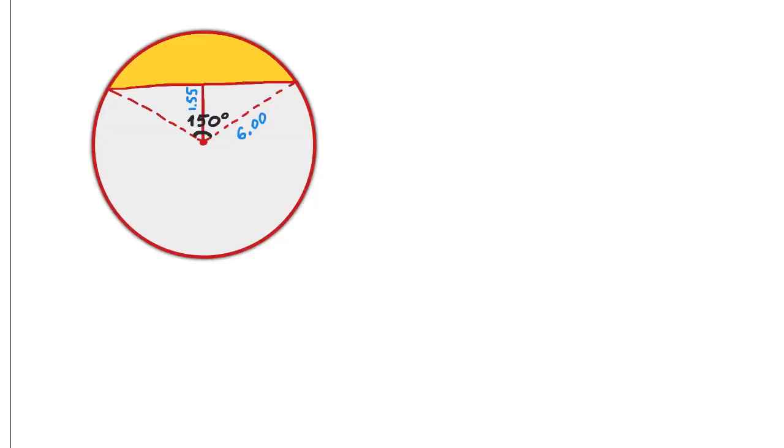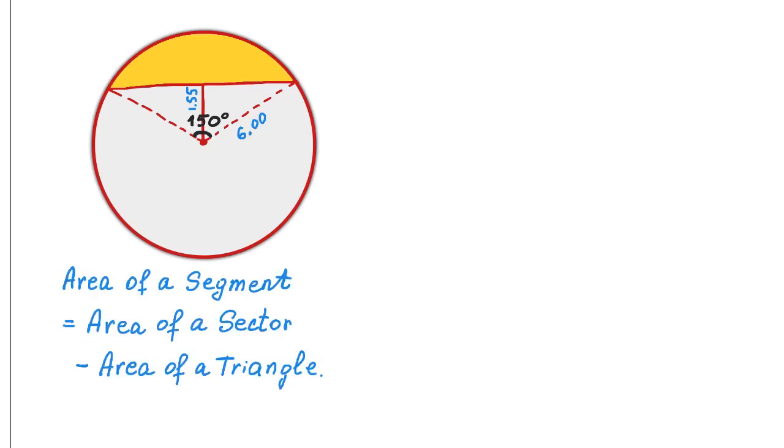In this problem, we will find the area of a segment. And a segment is the region between the chord and the arc. Recall that the area of a segment equals the area of a sector minus the area of the triangle. First, let's find the area of the sector, then we will find the area of the triangle, then we will subtract them. So, the area of the sector